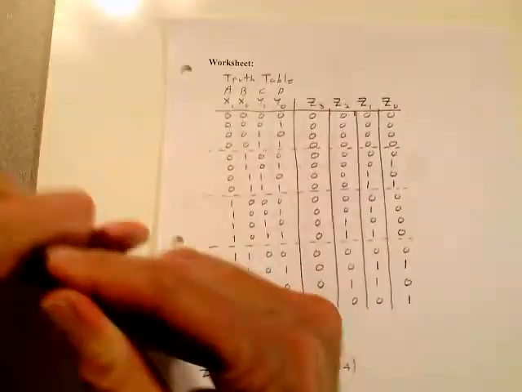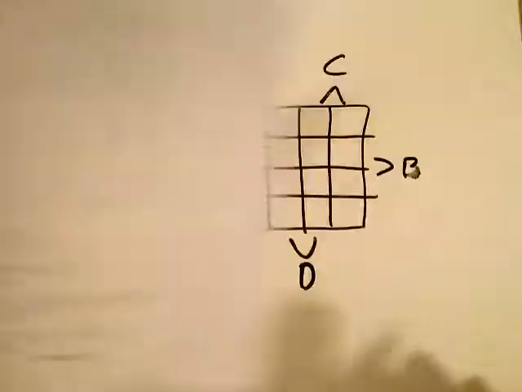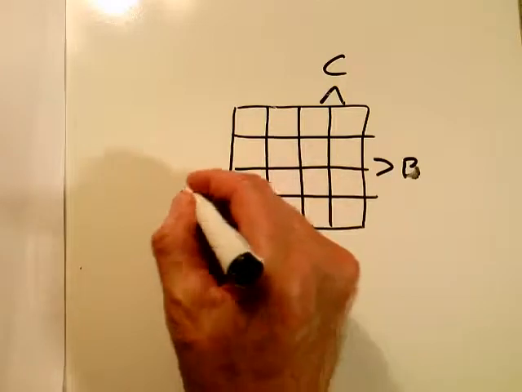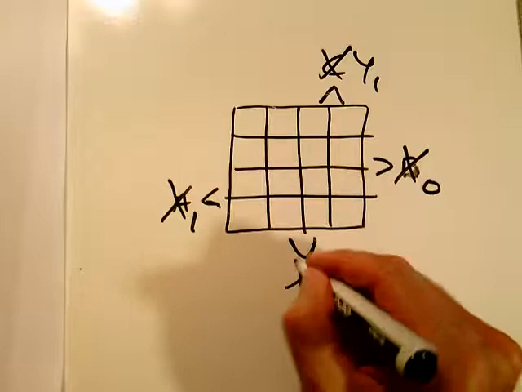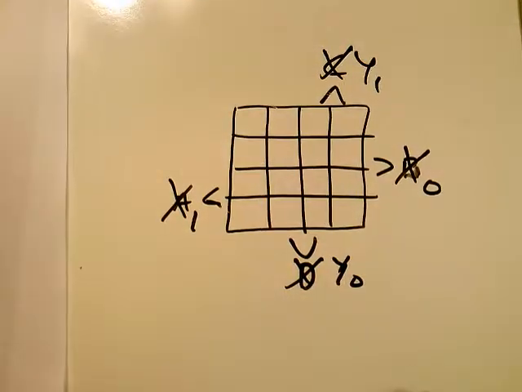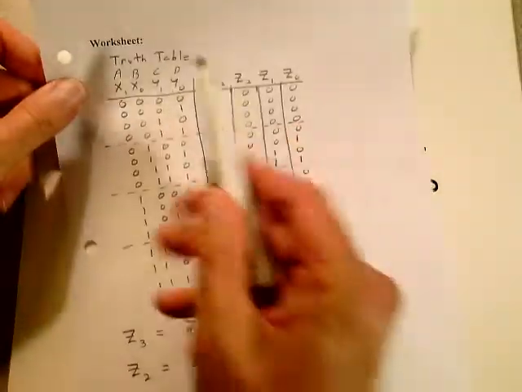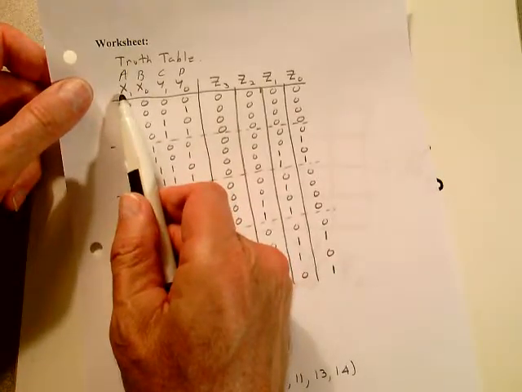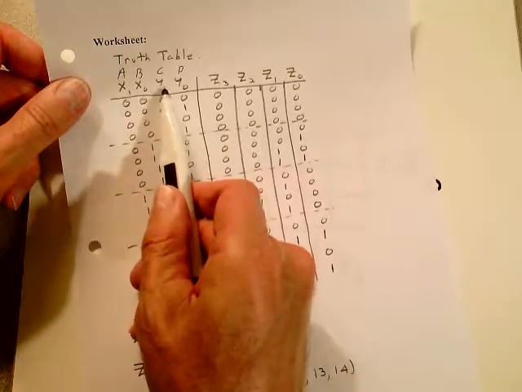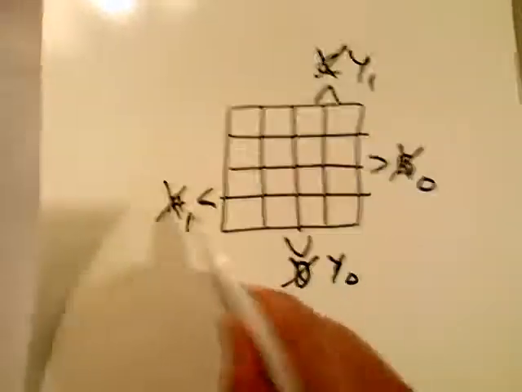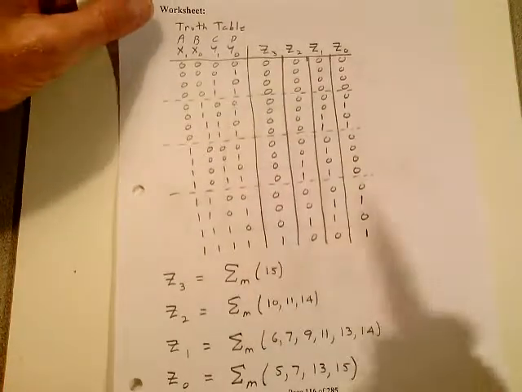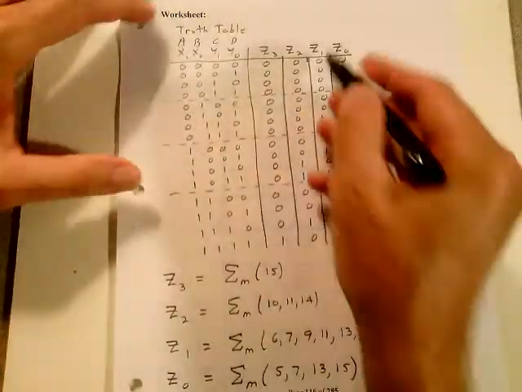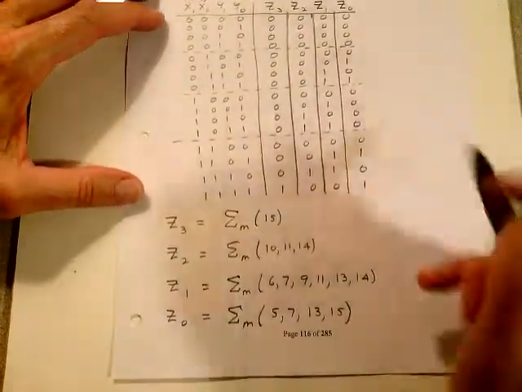And just remember, when you lay out your K-map, the only thing you have to do is, this is an A, it's x1. This is x0. This is y1, and this is y0. Your A is your x1, B is your x0, C is your y1, and D is your y0. You have to put those in so when you form your expression, you're okay with it. And then all you do basically is, once you have your truth table finished, you can form your